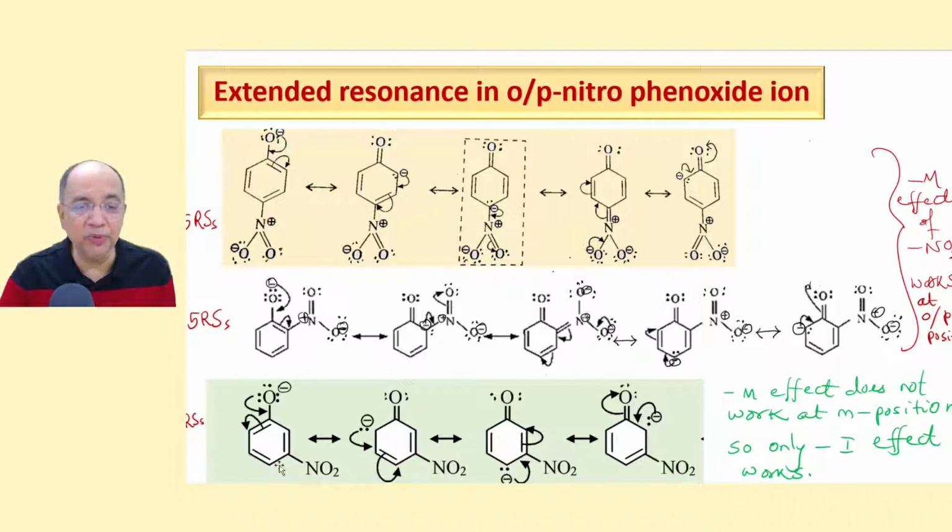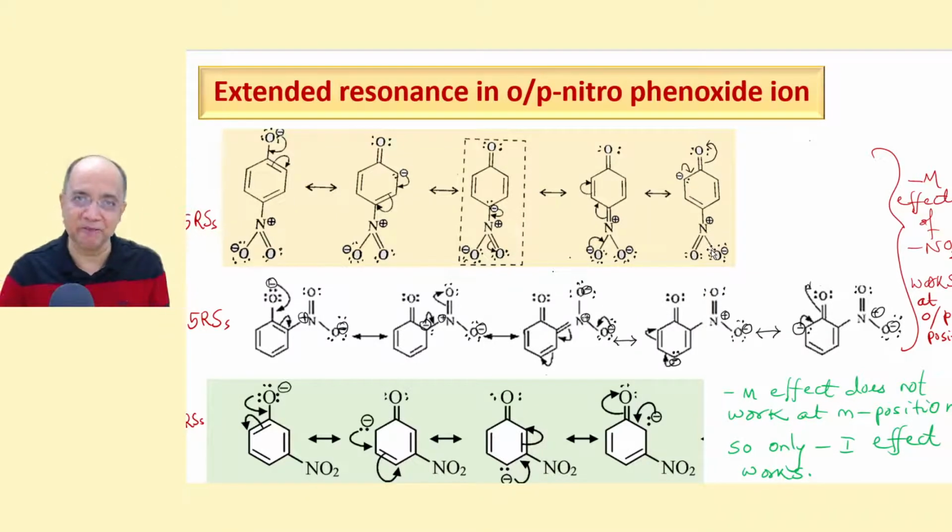As usual, you will be finding 4 RSs. Nitro group will be bypassed. Come here, it comes here, and then comes there. So this type of structure where negative charge will be adjacent to the nitro group will not come here in the meta-nitrophenoxide ion. So these two, ortho and para nitrophenol, have an advantage of stabilizing the corresponding phenoxide ion by